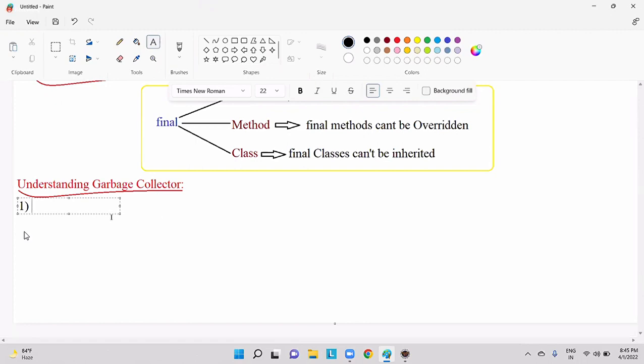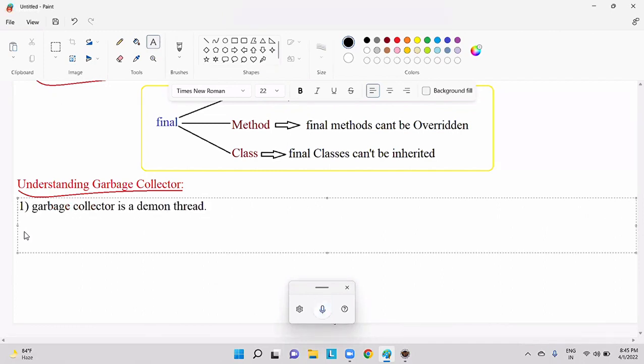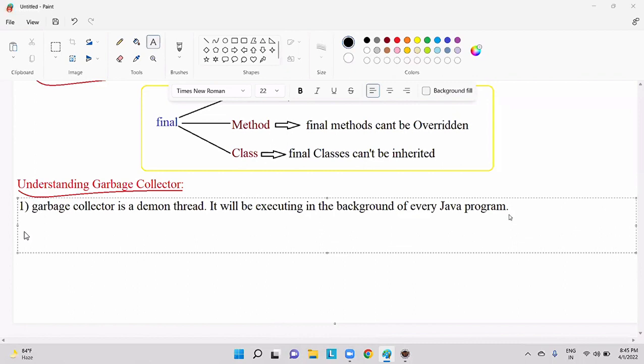Garbage collector is a daemon thread. It will be executing in the background of every Java program.